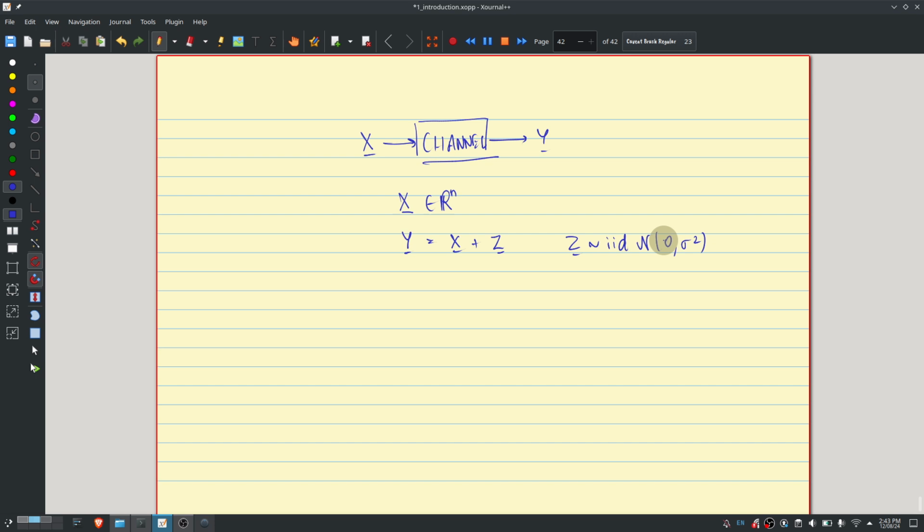Okay, our goal is to be able to somehow communicate reliably across this particular channel. So let me say what I mean by that. So the end goal is to transmit a message across this channel such that the message can be recovered with high probability. Right? The probability that you make a mistake in decoding the correct message should be something that is really, really small.